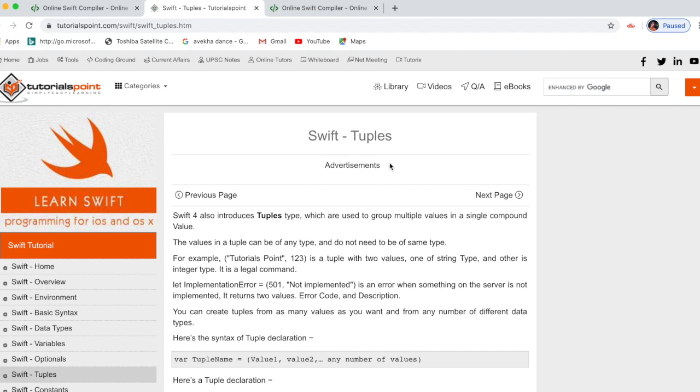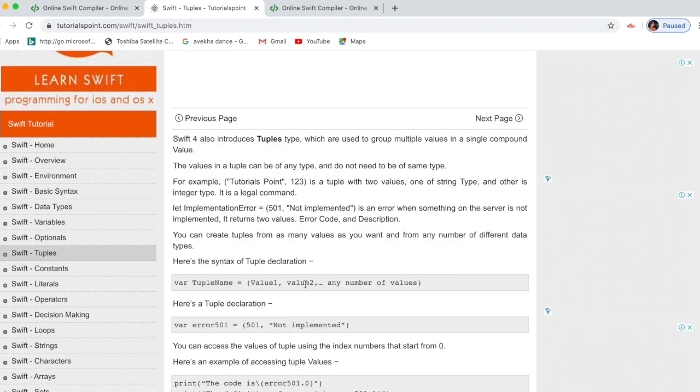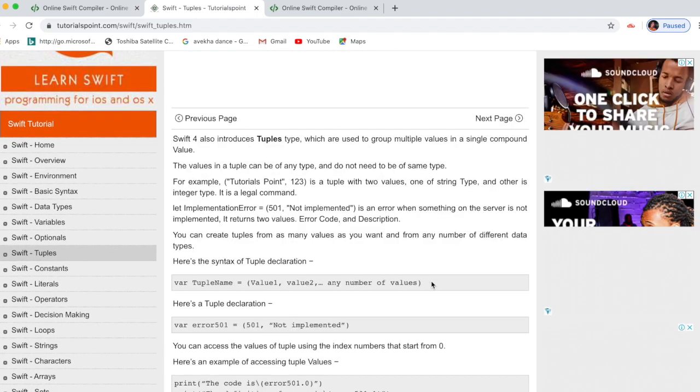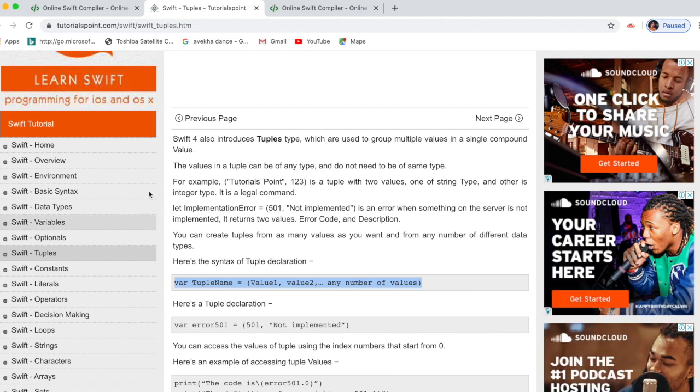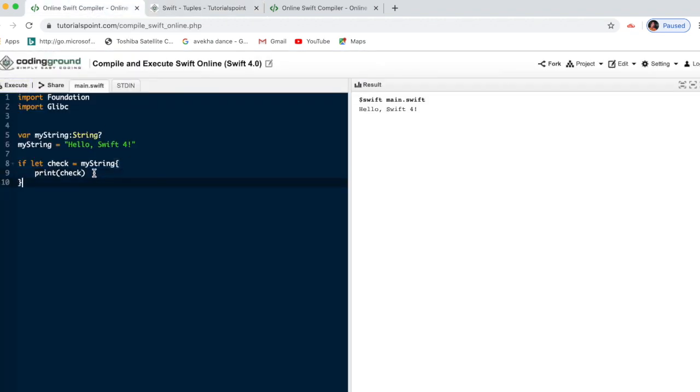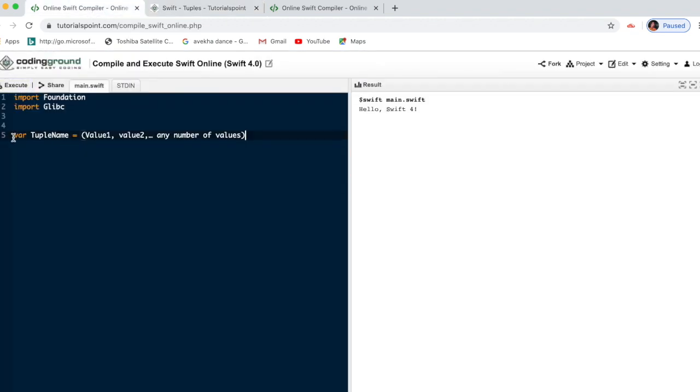Next, about tuples, what is that? The way to write it is this way. See, var, write the variable name equal to, then in brackets whatever values we need: open bracket, value 1 comma value 2 comma any other values, then close. This is the way to write.